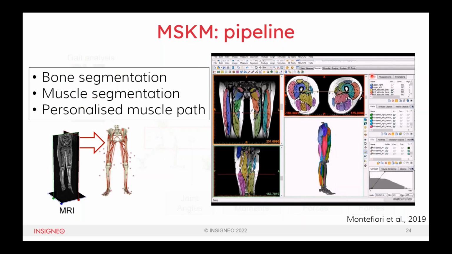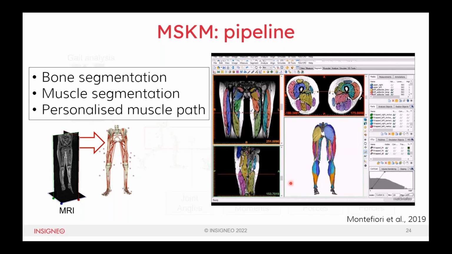Now, the anatomy of the body can be provided with various levels of personalization. You could either use generic atlases where you don't specify too much. If you use an atlas, the anatomical detail will not be matched to the subject that you are examining, but you could also perform MRI scans of the subjects and perform a segmentation of all the bones and all the muscles, and this will give you